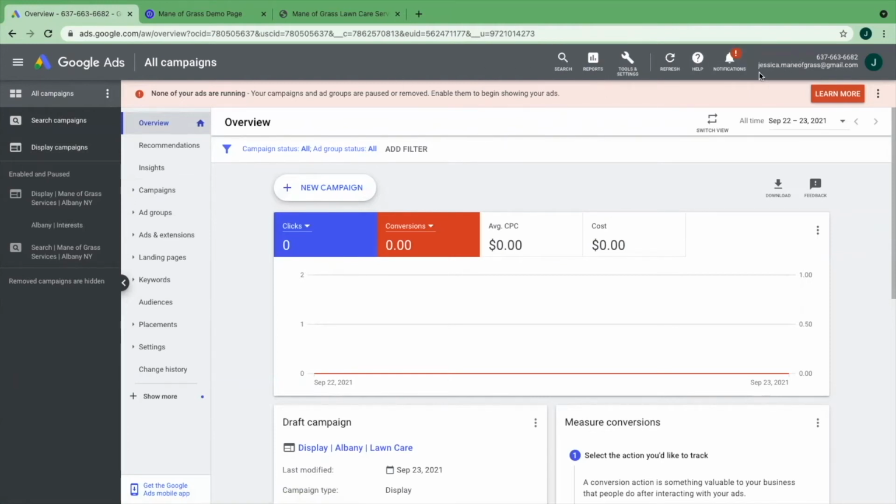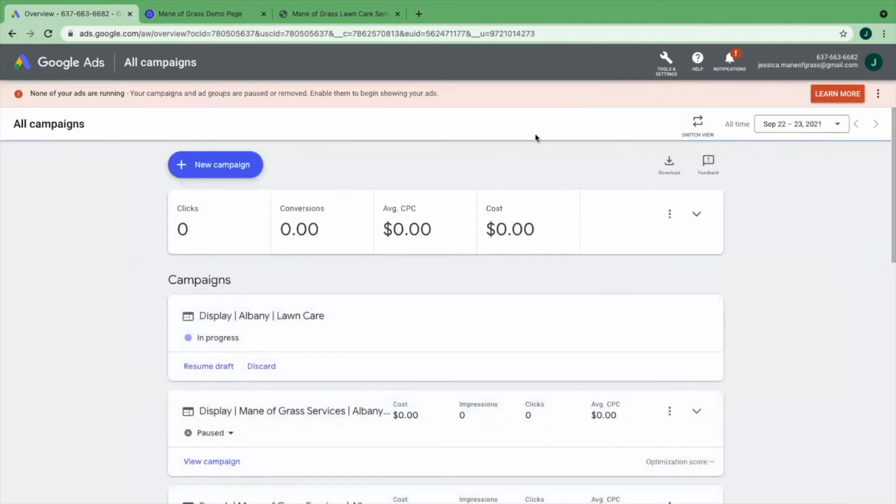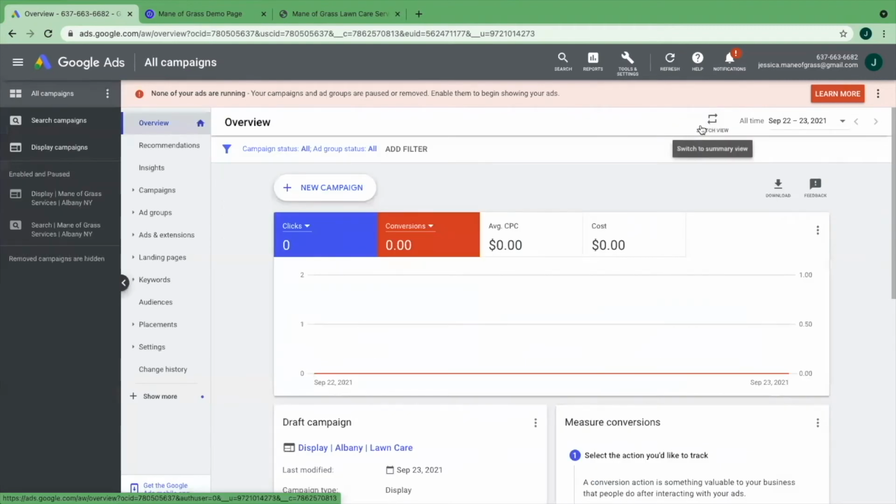So if your view is ever different from this, just click switch view. This is going to bring me back to a very basic view. I'm going to go over to here. I want to switch my view because I want to see all this stuff. So over here, up on top here, this is your